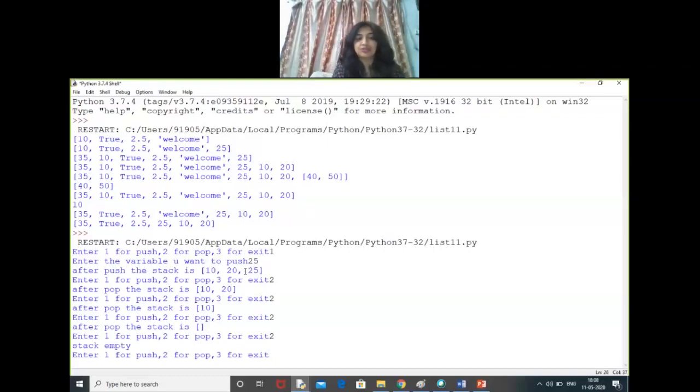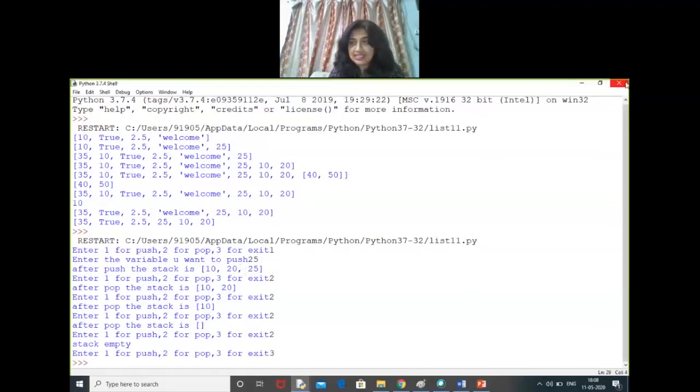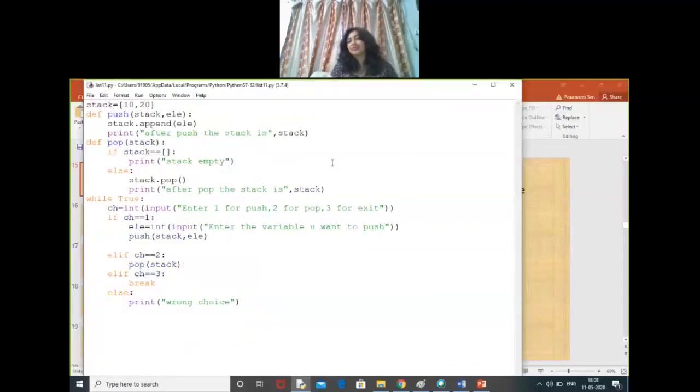Enter 1 for push, 2 for pop, 3 for exit. We are just breaking it. We are giving 3 and it is just closing here. So this is the program of implementing stack. To implement the push operation, we are using the normal append function, because append will add the element at the end. And for implementing pop operation, we are using here pop, and within the brackets we are not providing anything, we are checking underflow. We can use the del operation in a list for implementing pop also. So that would be another example.